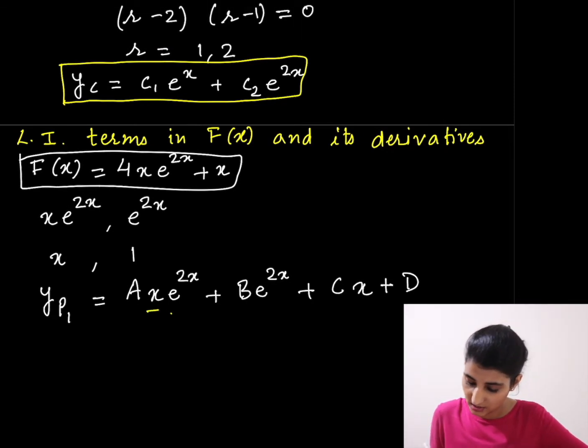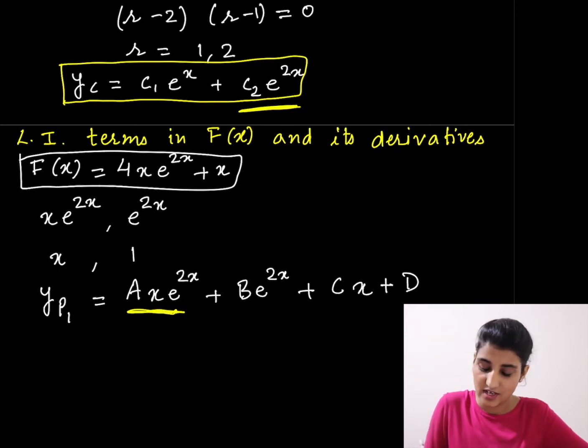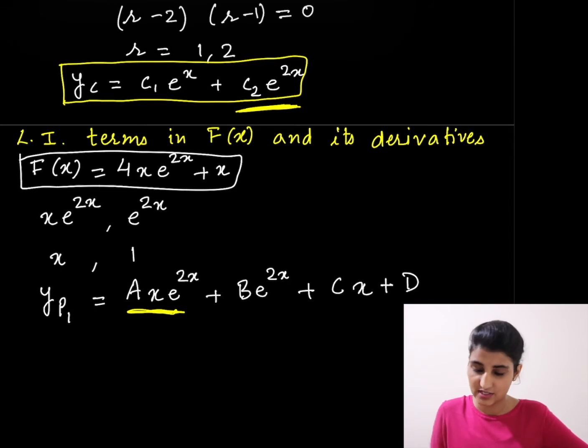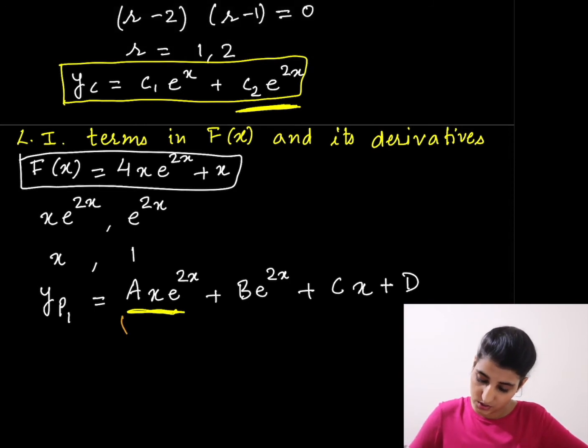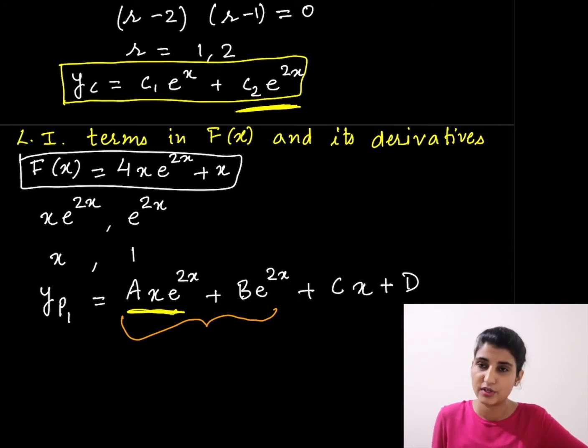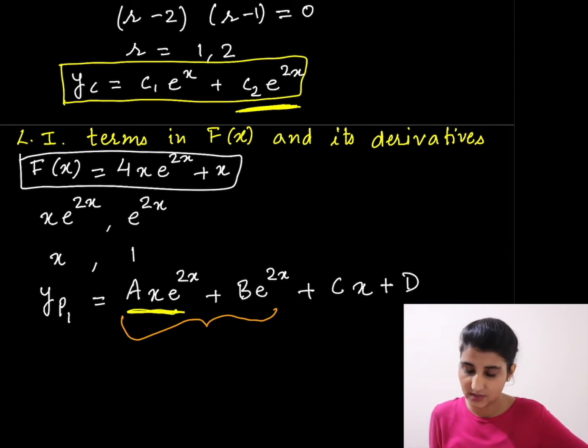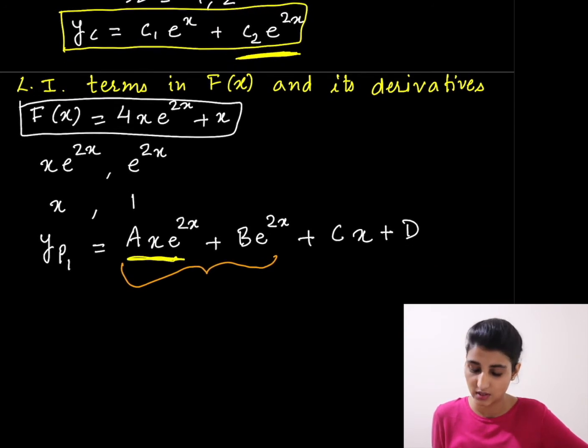Here we have e power 2x in yp and we have an e power 2x term in yc. So there is a duplication, so we need to multiply by x power something. The first two terms in yp corresponded to x times e power 2x, and we have a duplication, so we need to multiply by x power something. If we multiply by x,